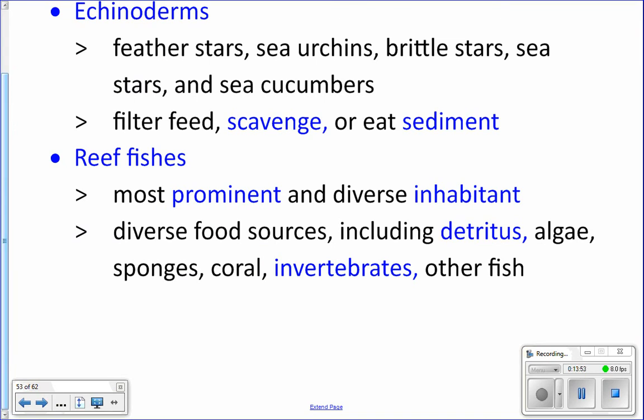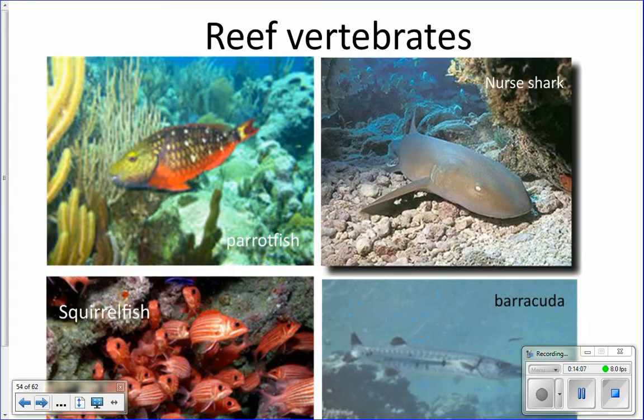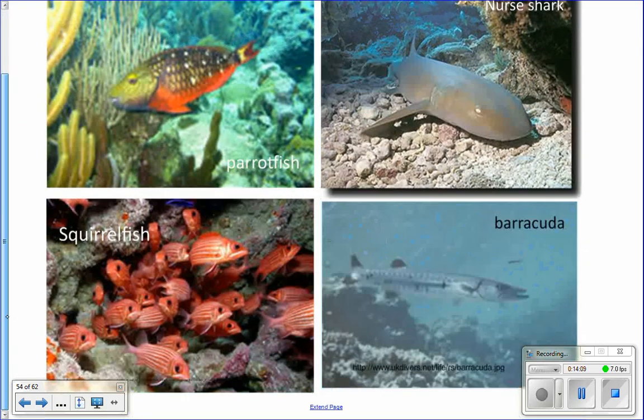So, you got butterfly fish, angelfish, parrotfish, barracuda, sharks, grouper, lots of different kinds of fish. Tangs that live on the reef, anemone fish, lots and lots and lots. And then here's some pictures of different kinds of fish. Squirrel fish,